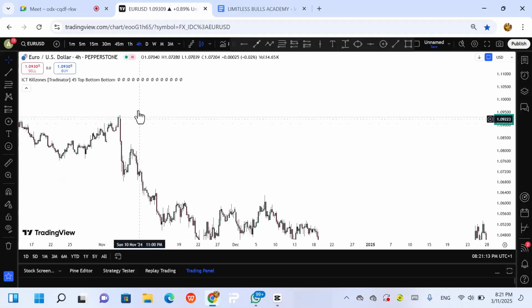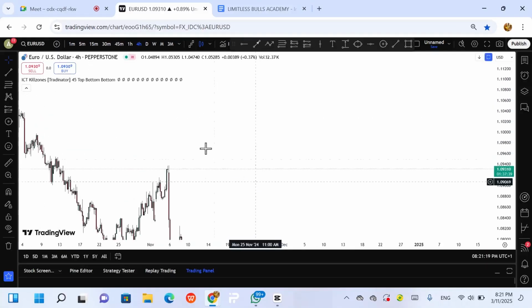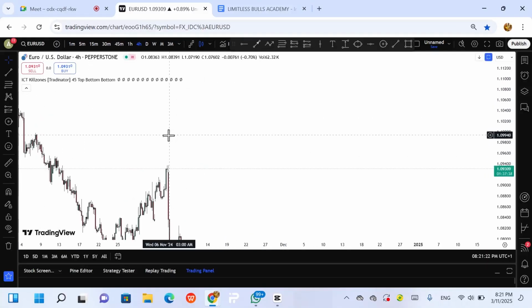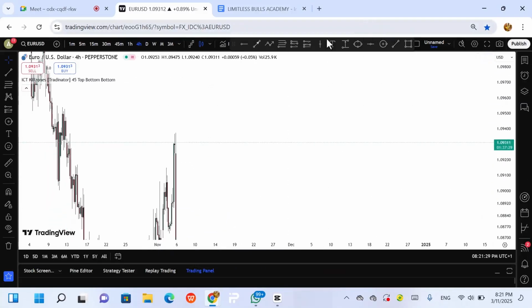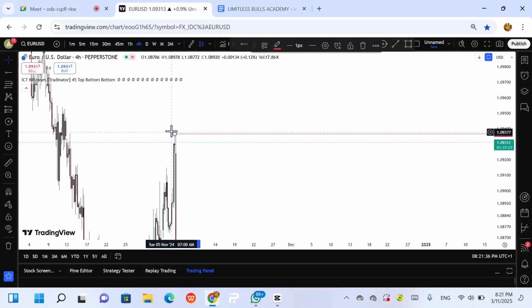here, and you can see this swing high is a double top. It's a double top, but you can see that this is a swing high. This is a swing high, but then it's a double top. That means I call it a double top, and this is a point of interest for us, right? Because this is a good liquidity zone.